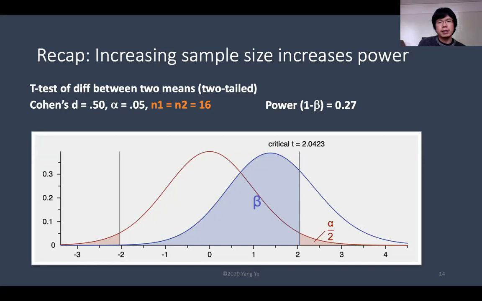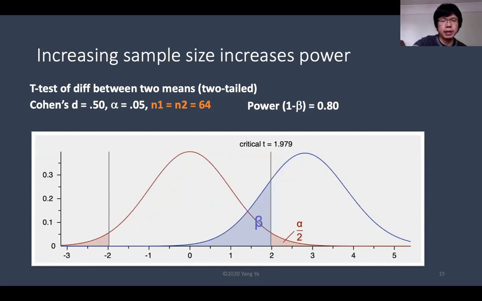We also see statistical power. We see how the increased sample size will increase the statistical power. In this case, the Cohen's d has been fixed. We're running a t-test between the two means, which we're about to show, which we will talk about in today's lecture. But if we have a sample size of 16 per group, then the power is quite low, only 27%. But if you keep the condition exactly the same and increase the sample size to 64, you see that now,